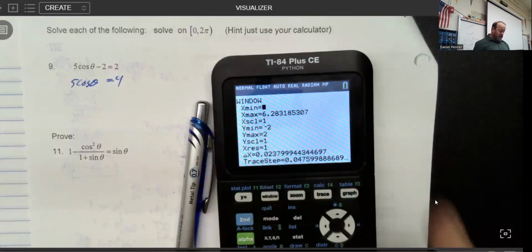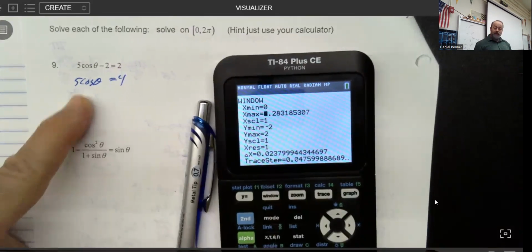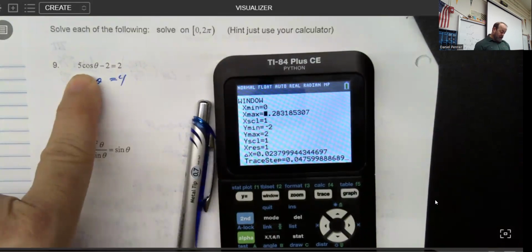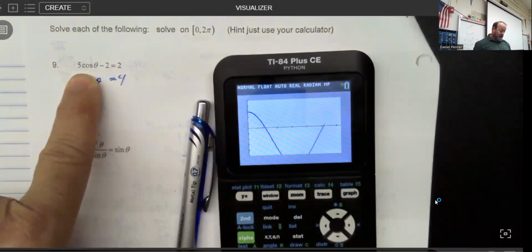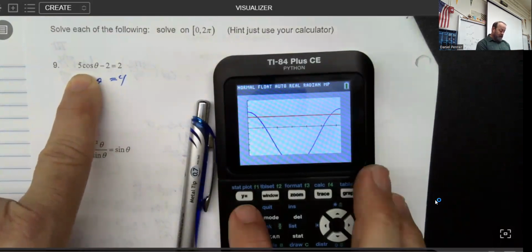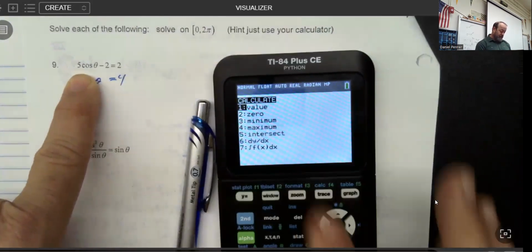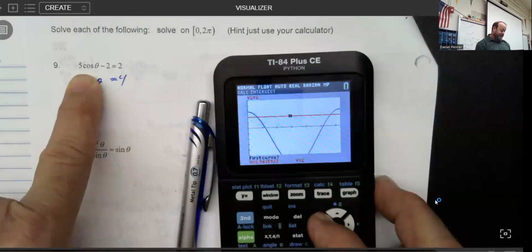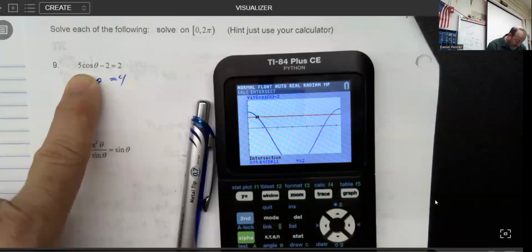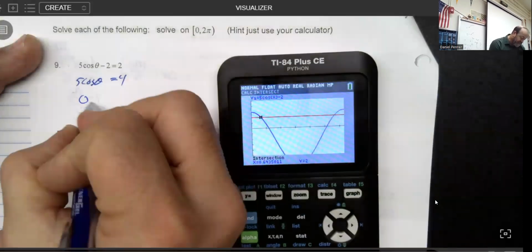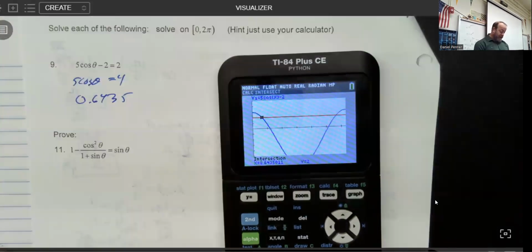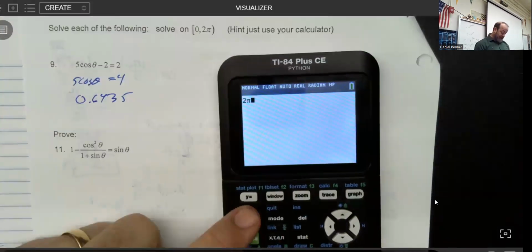So again, we're just going to go 0 to 2 pi. And because of the height on this thing, I'm just going to go ahead and let it go up and down between -5 and 5. And I want to find out when those cross. So here comes my cosine. And there comes that one. And I have two different values here and here. So I'm going to calculate the intersection, moving the cursor kind of close. And so one of my answers is 0.6435. Now, what I can tell you is my other answer is going to be 2 pi minus that guy,